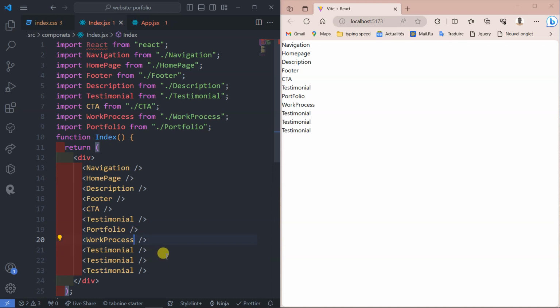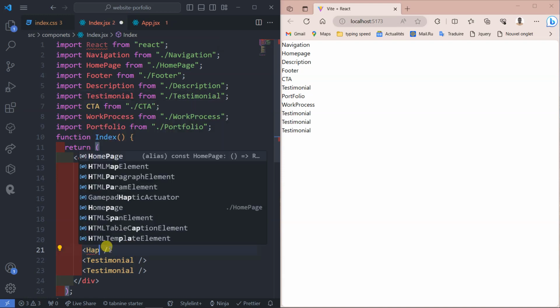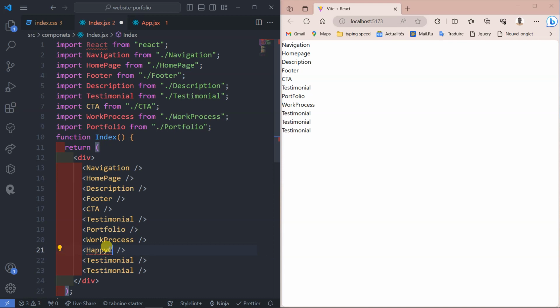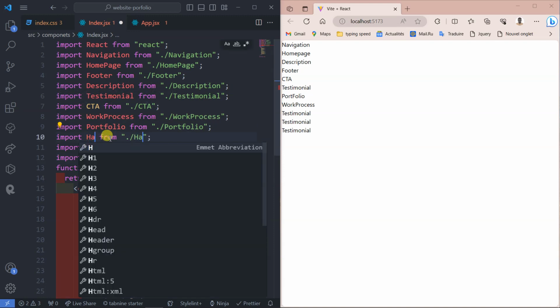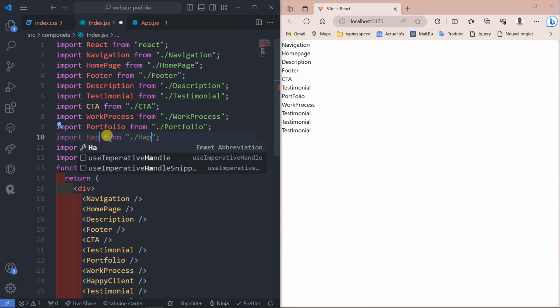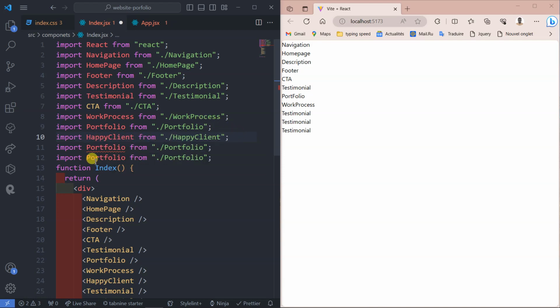After that one we have happy client. So this one is not yet imported, so let me go and bring the rest. Also we have happy client, like this. After happy client, what we missed before,